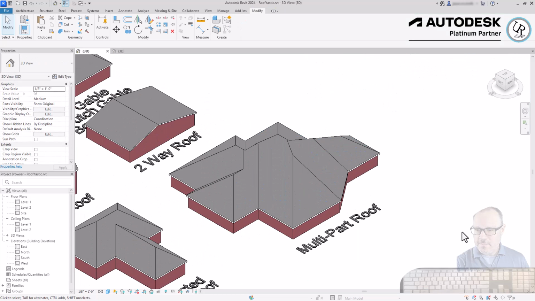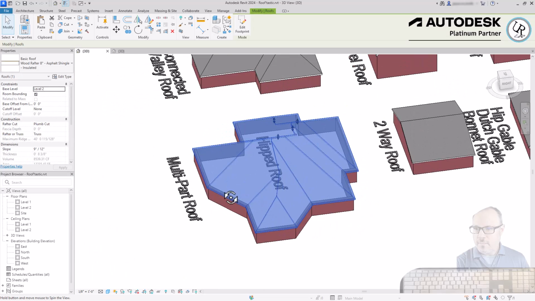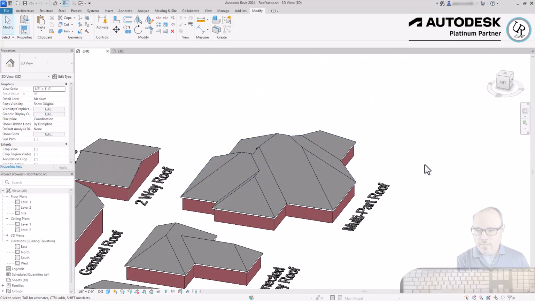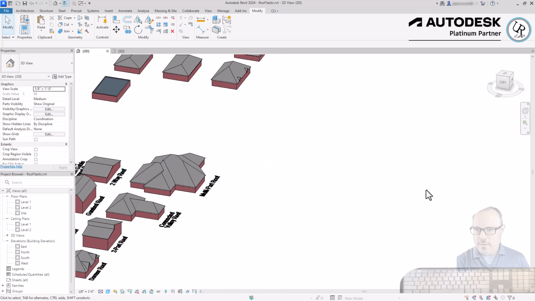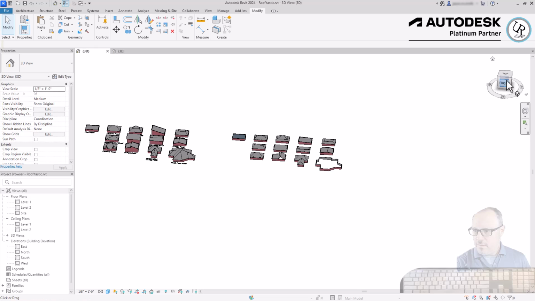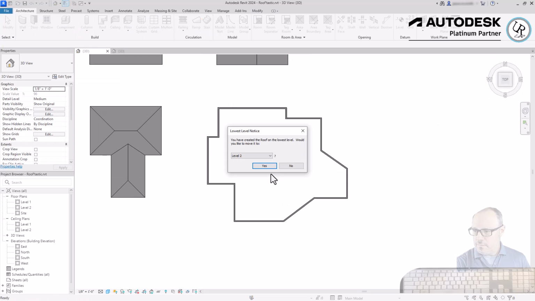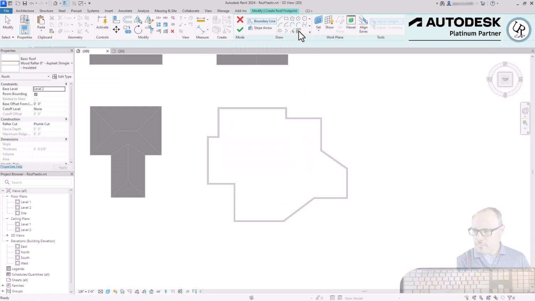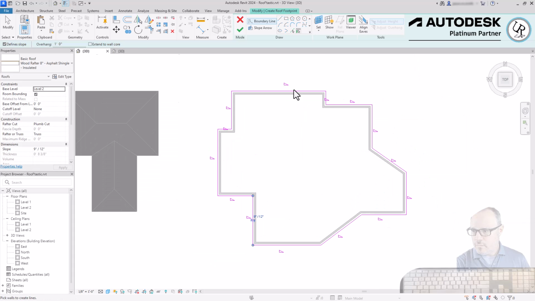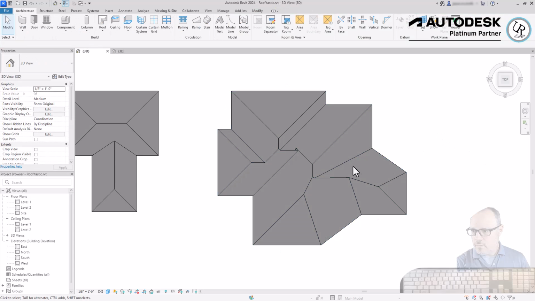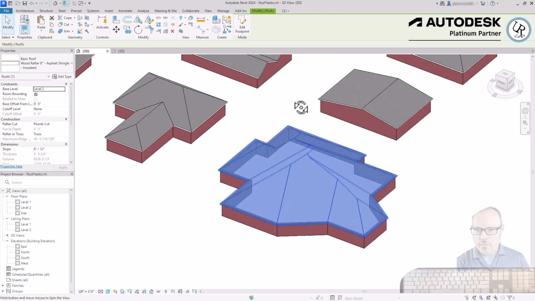Another type of design we'll look at is this multi-part roof condition where you have a bunch of different roofed scenarios and they're all joined together as a single roof condition, creating all of these complex contoured roof slopes that are usually difficult to create in other software. The same layout, roof by footprint. I'll use the pick wall tool once more with a 1 foot overhang, and then selecting each wall face creates a sloped offset to the outside, and click the green checkbox to finish, and it creates all of those roofs designed together